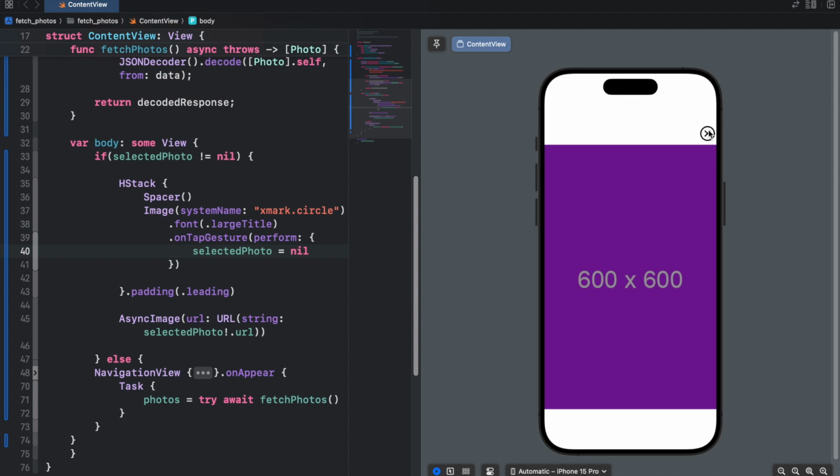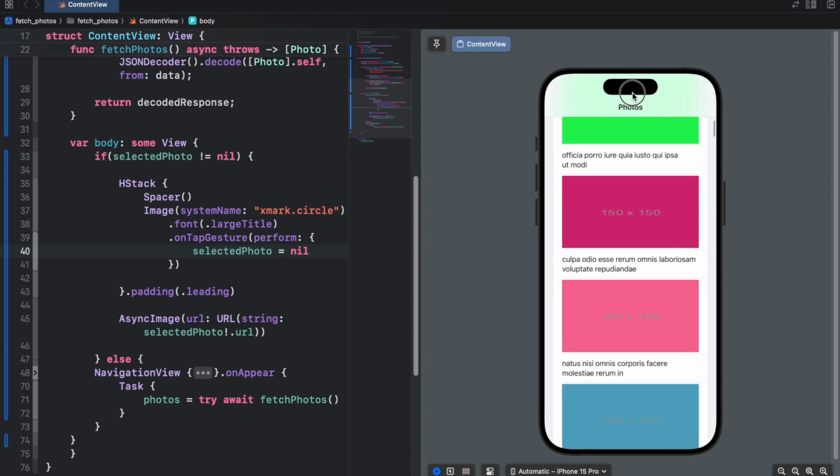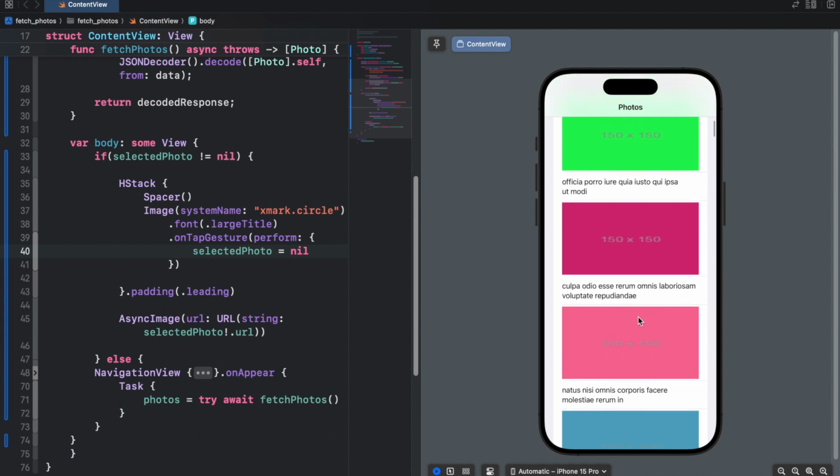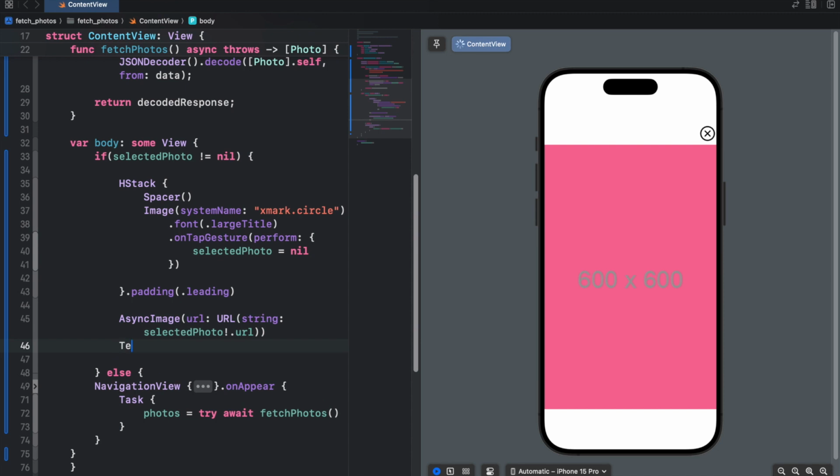Yeah, you see the image and it goes back. Now let's scroll, let's click on this too, image. You see it. Now let's add a text to show the title here and also just show view image here. Let's go on. So what we're going to do is that we'll come here, add text, then say selected